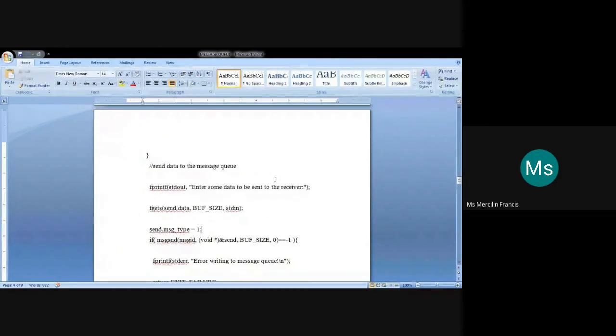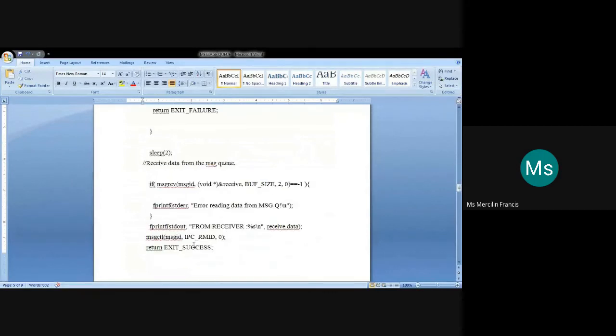What were they? ID, and then the send structure variable, buff size, and the default value 0 is given. The send structure variable and the size of that structure alone are passed in this send function.